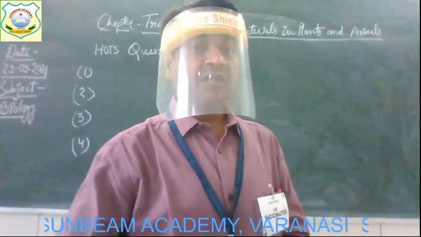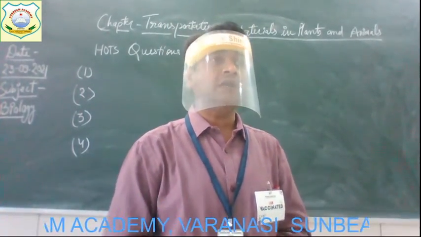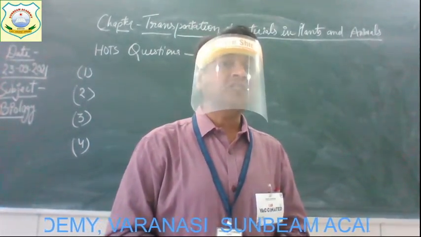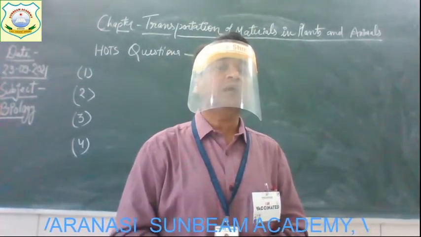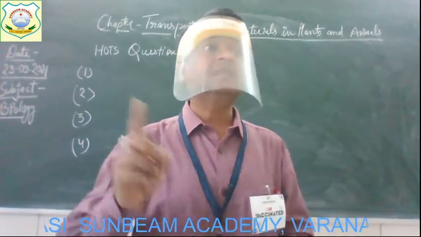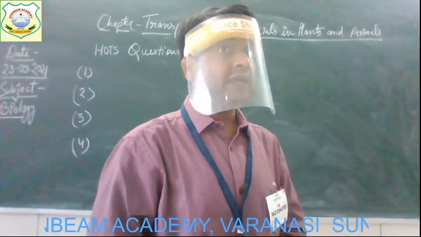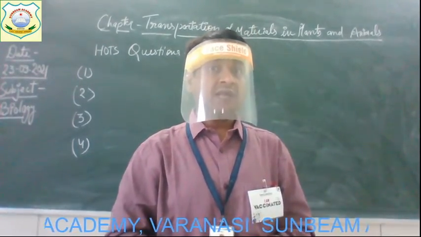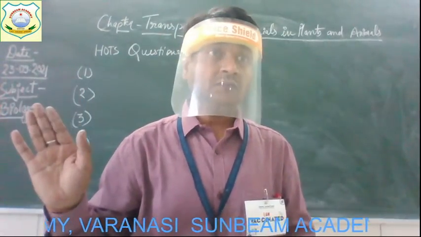And the question is, plants do not use all the water they absorb from the soil. Much of it is given off by transpiration. So why then do the plants absorb so much water? Children, first think about the question. As you know, plants continuously absorb water. It means they absorb a lot of water. But all the water is not utilized by them, and much of that water gets removed by transpiration.